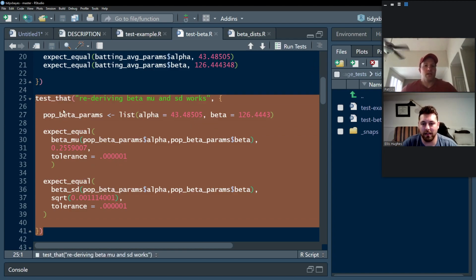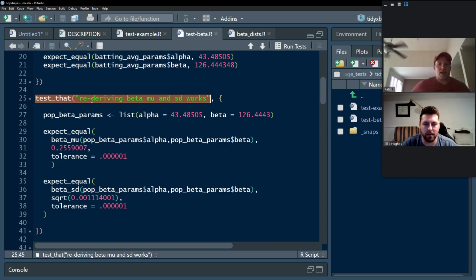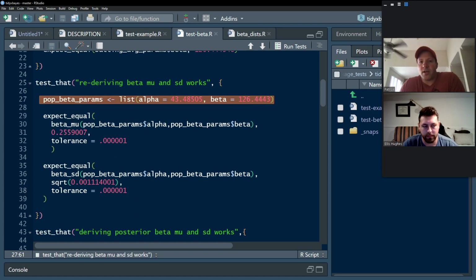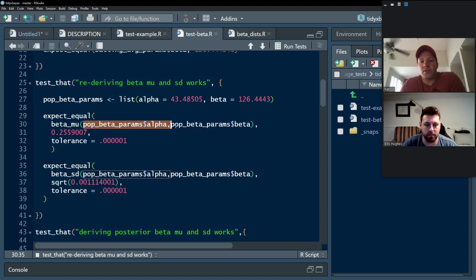Yeah, sure. Same rules apply. We're going to test that rederiving beta mu and beta standard deviation works. So we're going to grab our population parameters, which we had from above. We know that those are the population parameters that our function above spits out. We know those are the true values. So what we're going to do here is say expect equals. We're going to use that beta mu function, take that function, give it the alpha and beta parameters. It should give us the average MLB batting average that we calculated, which is right around